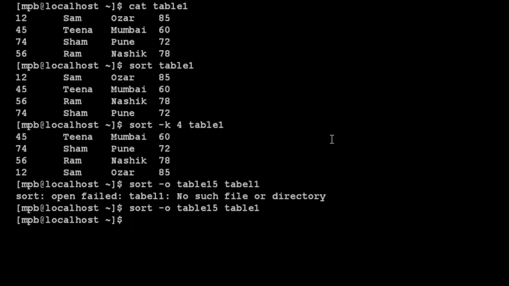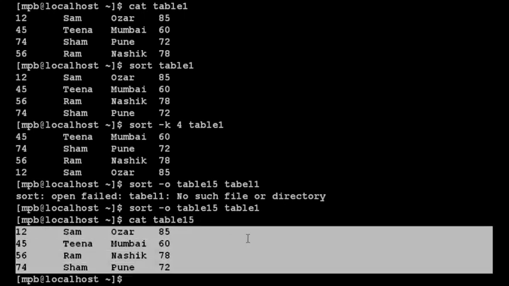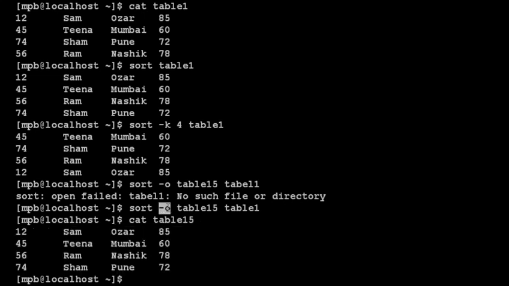Yes. Now we will open this table 15, and here you can observe that the output is stored, and at the same time the file table 15 is created. The output of the table which is sorted by the sort command is stored in table 15. So this is the use of the -o option, which is used to store the output in an output file. Option o stands for output file, and you have to specify the new file name where you want to store the output. This is all about the sort command.